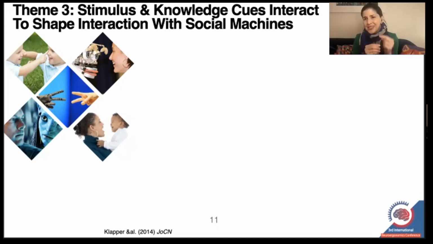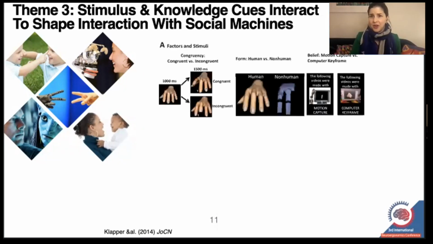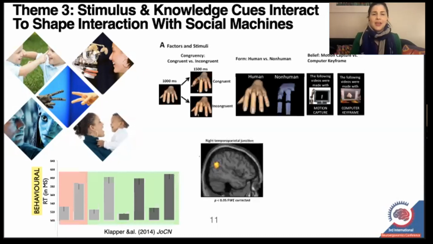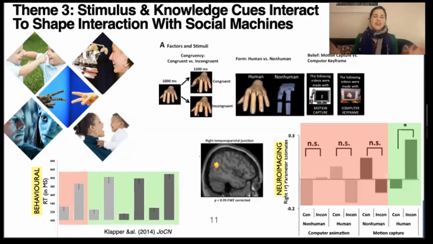So we've taken one tiny step closer to the real world and into social interaction by using a very minimal automatic imitation paradigm, which essentially is just looking at the extent to which another agent's actions influence your own actions. Because we know that automatic imitation is a real foundational building block of human social cognition and perception. I won't get into this in too much depth here, other than to say that